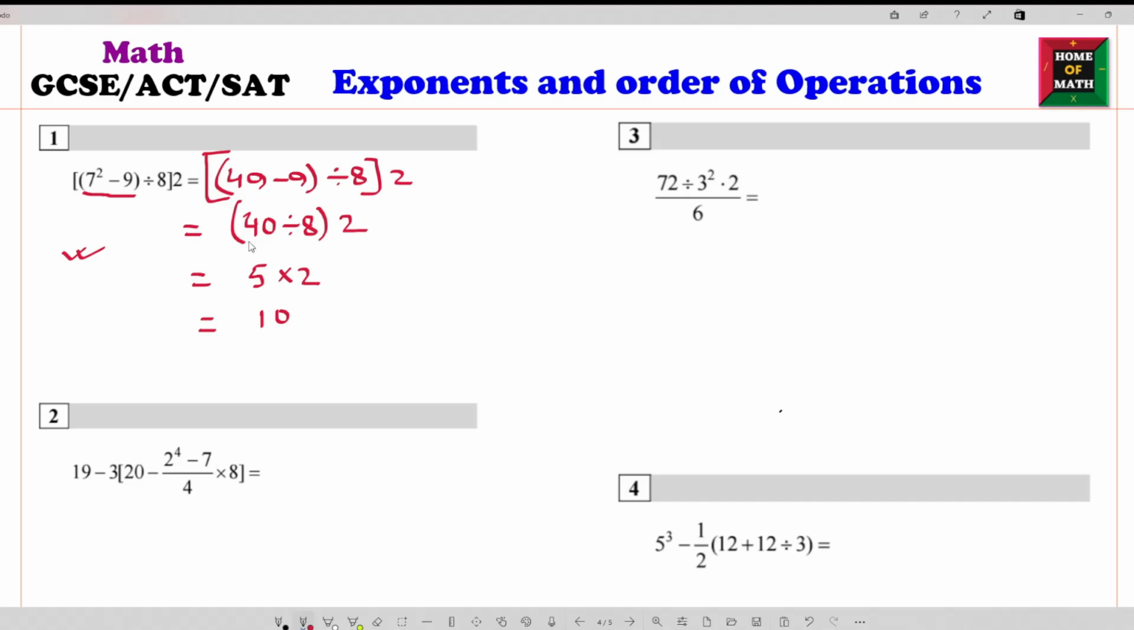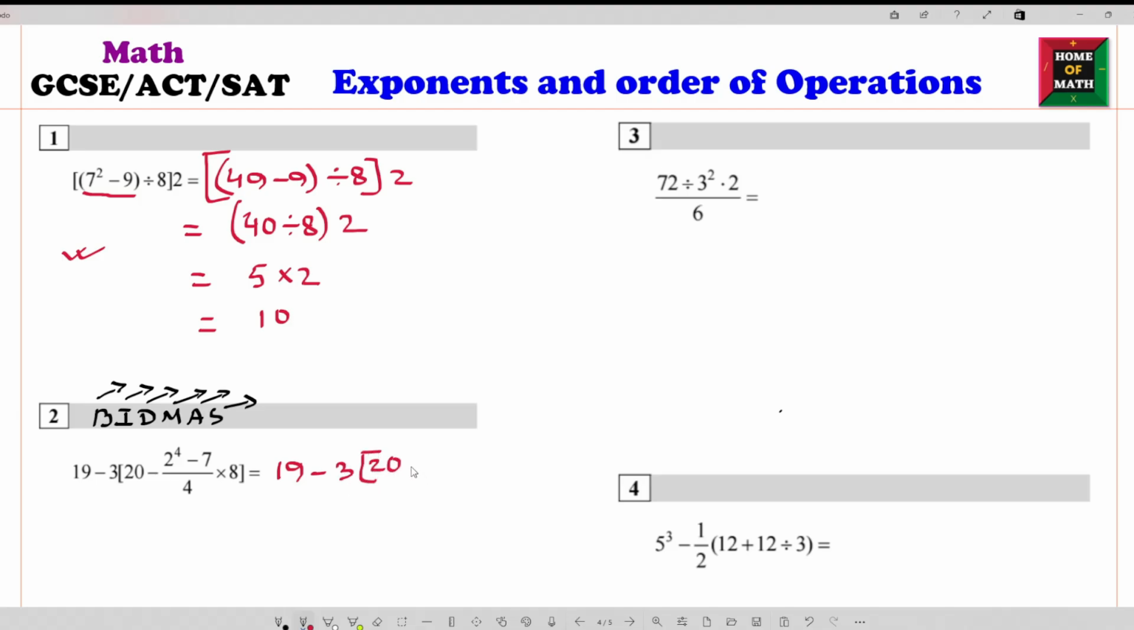Okay. Number 2, 19 minus 3 start bracket 20 minus 2 to the power 4 minus 7 divide 4 times 8. So we will follow BIDMAS. What does it mean? First bracket, then indices, then divide, then multiply, then addition, then subtraction. So here what can we do? 19 minus 3,